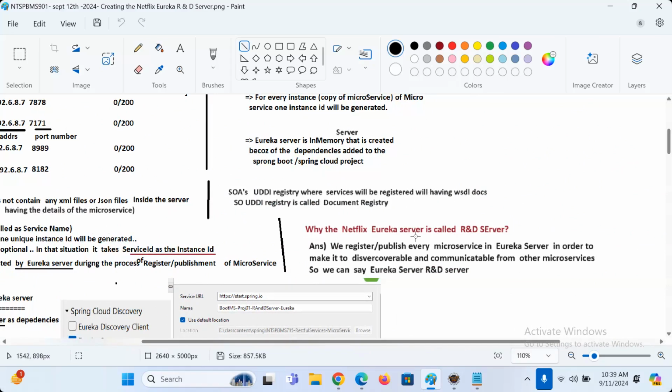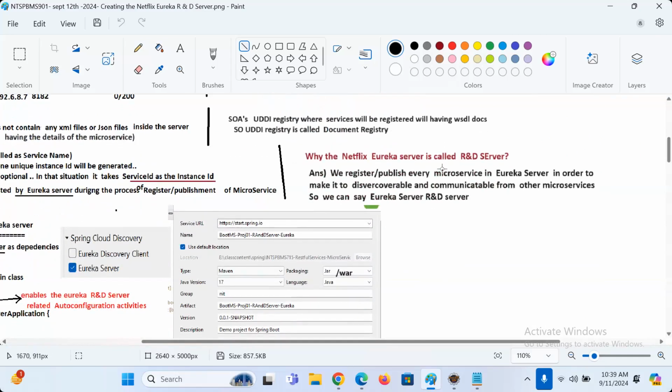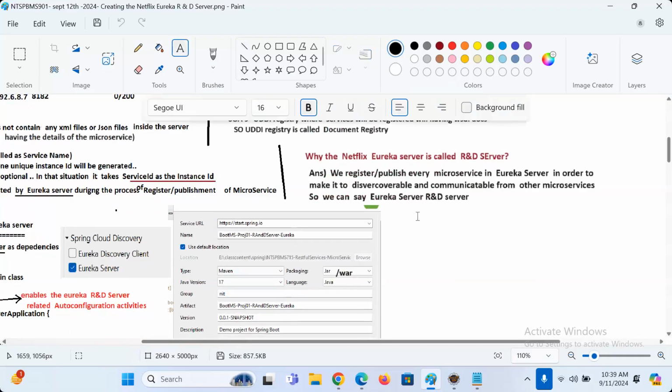Why is the Netflix Eureka server called R&D server? We register or publish every microservice in Eureka server in order to make it discoverable and communicable from other microservices. So we can say Eureka server is R&D server.